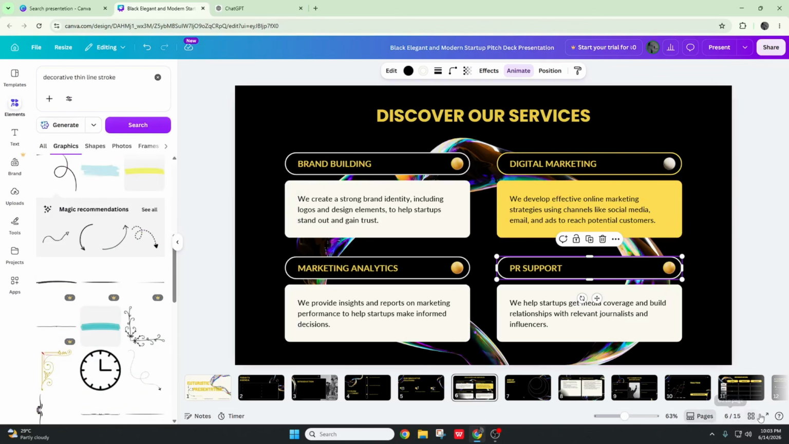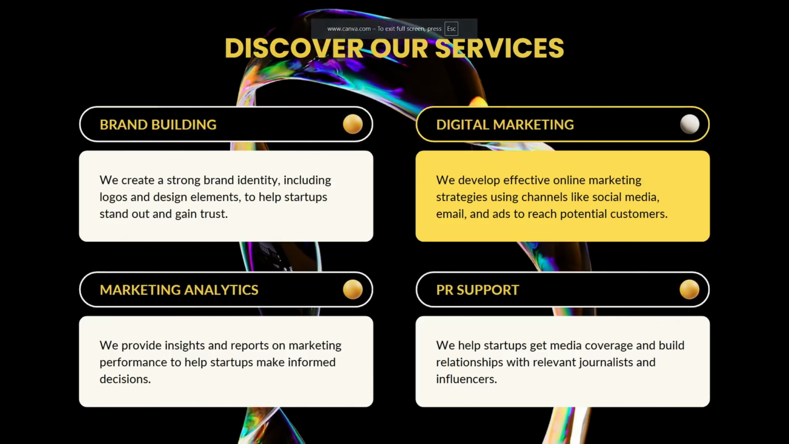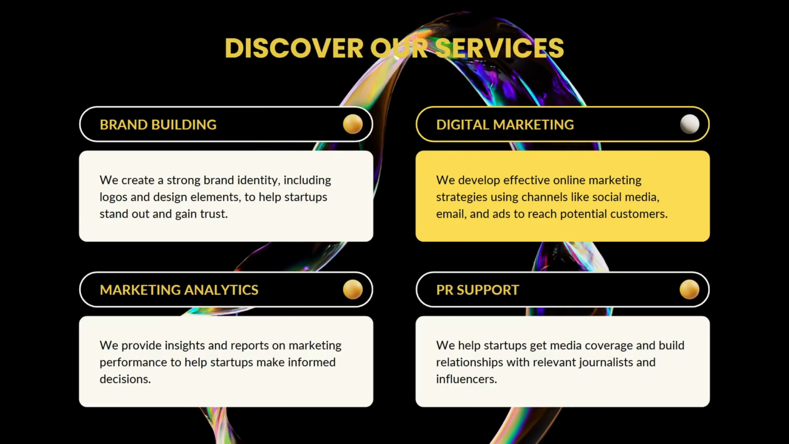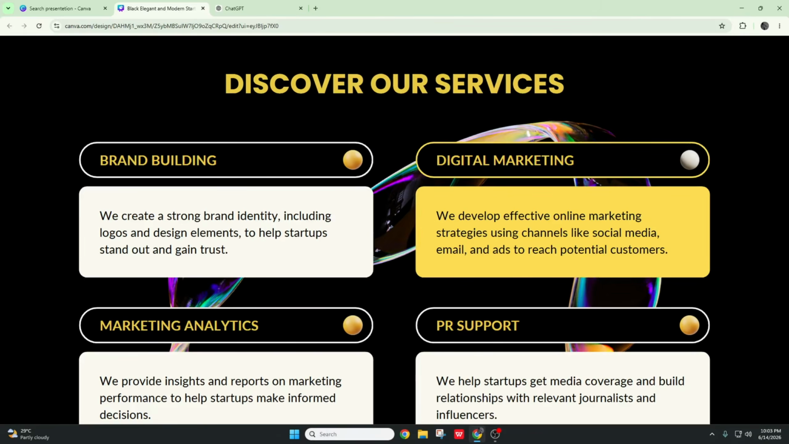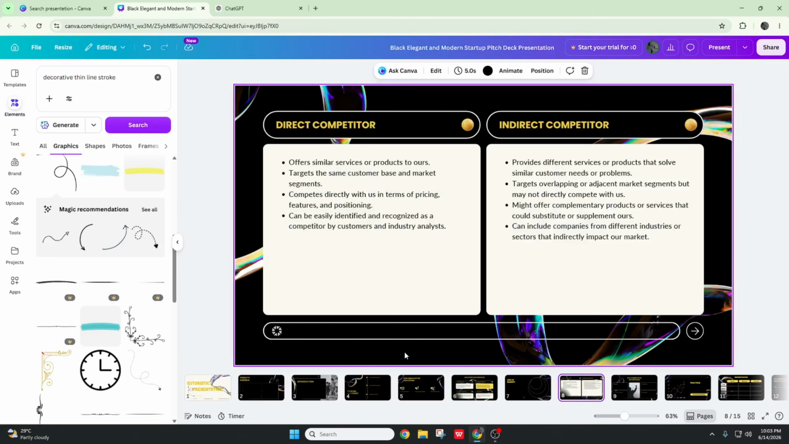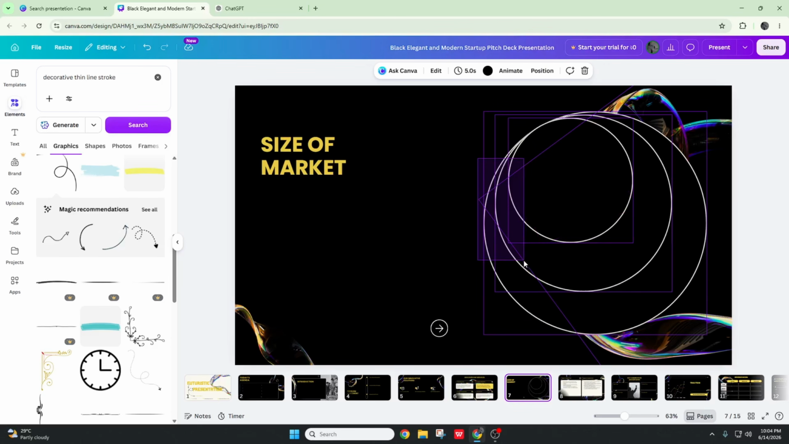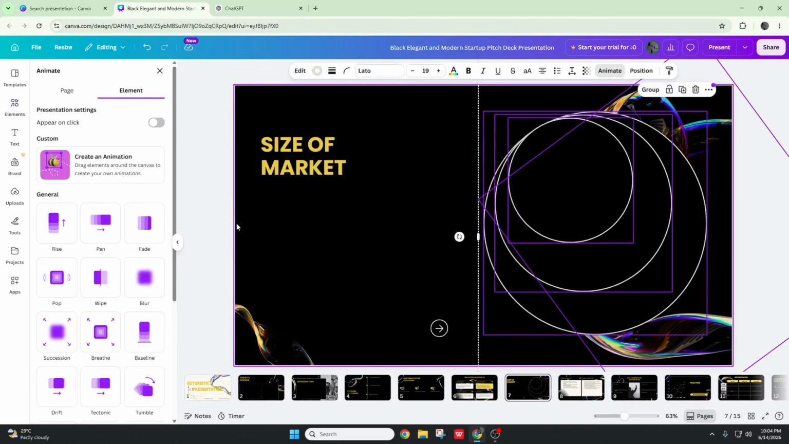Now let's preview it. As you can see, it elevates the whole look of your presentation. And after you're done making all the slides, here we have another elements. So you're going to select the elements, click animate,